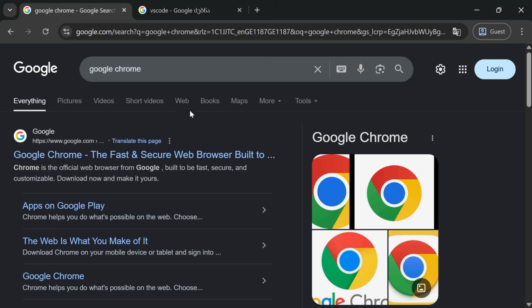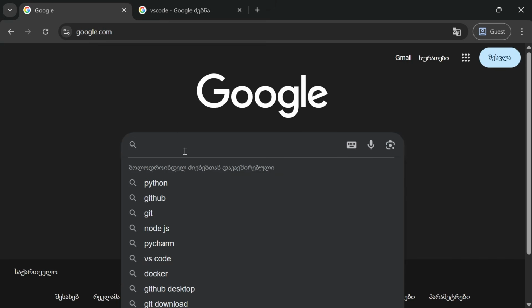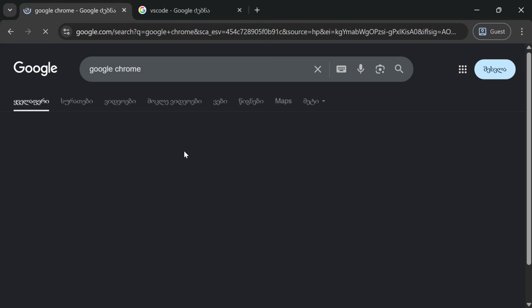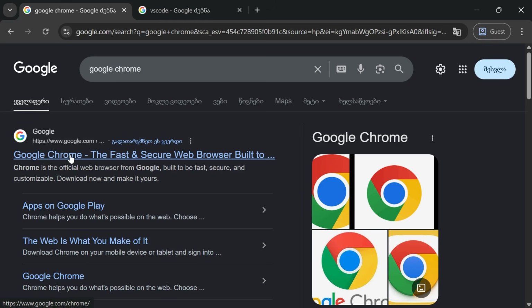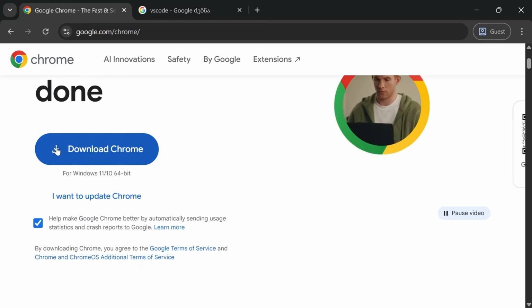We will need Google Chrome, which is a browser, to open the web pages. So if you already have Google Chrome installed in your computer, you're totally fine. If you're using another browser, just open that browser and type google.com. Then right here, just type Google Chrome, and go to the very first link basically, and then click on the download button right